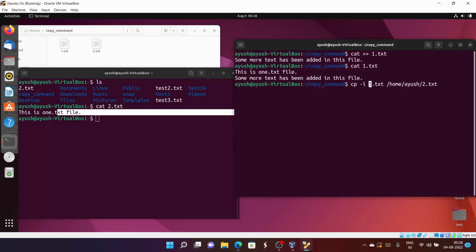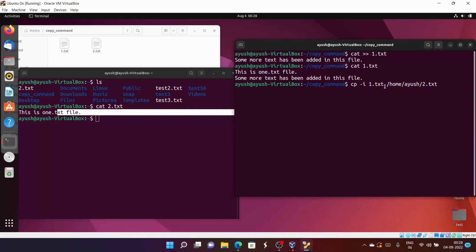If you run this command without -i, it will simply overwrite the content of 2.txt with 1.txt. But using -i, it will prompt you for your decision whether you want to